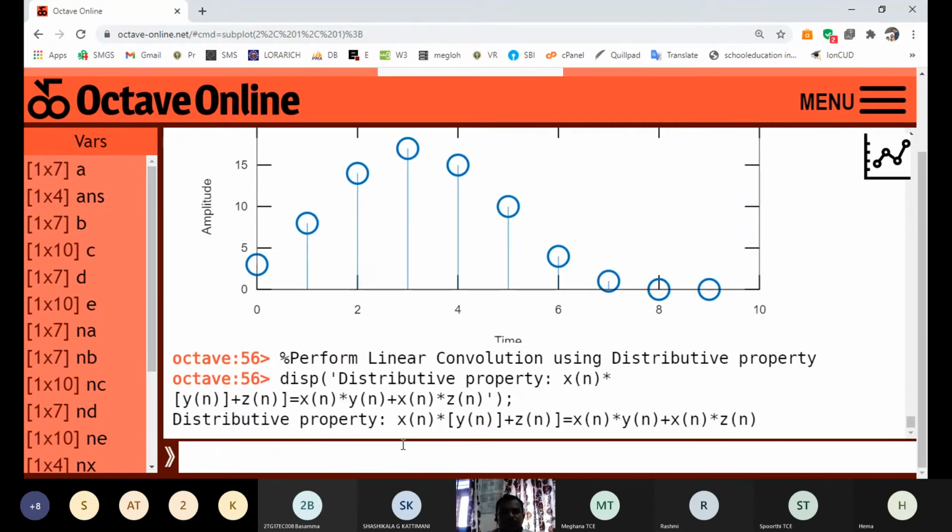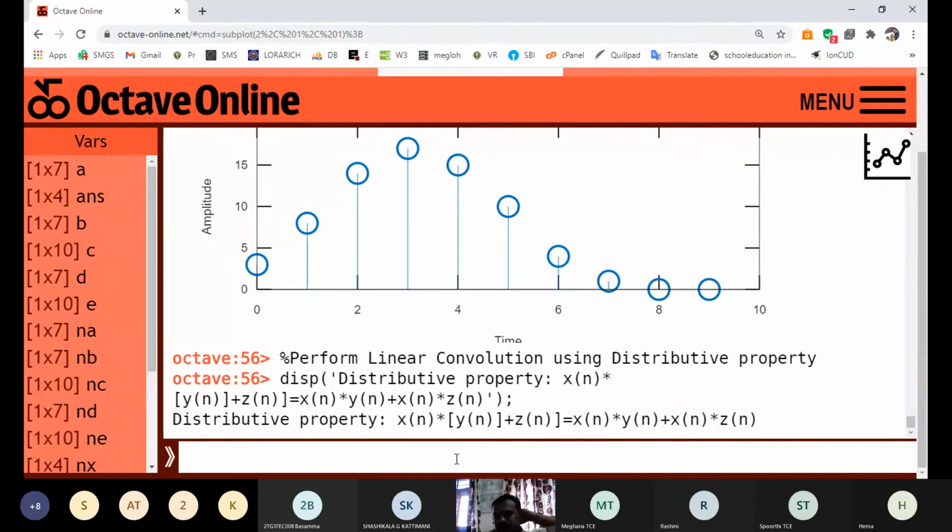Distributive property says the sum of y and z, linearly convolved with x, is nothing but the sum of the linear convolution of x into y and x into z. That is, x into (y plus z) is nothing but x into y plus x into z. So we need to prove this one.